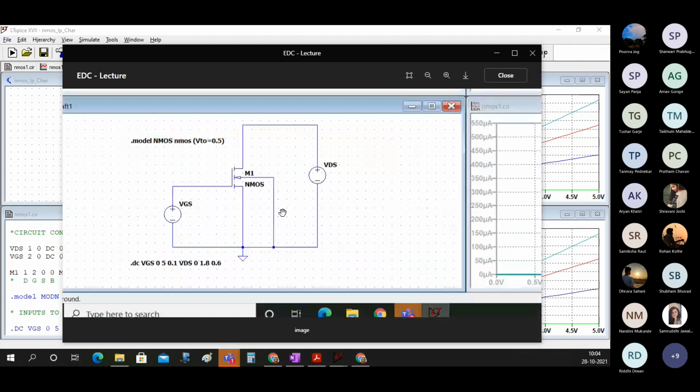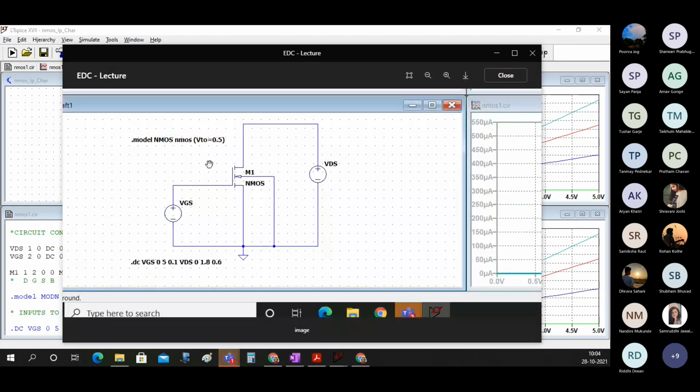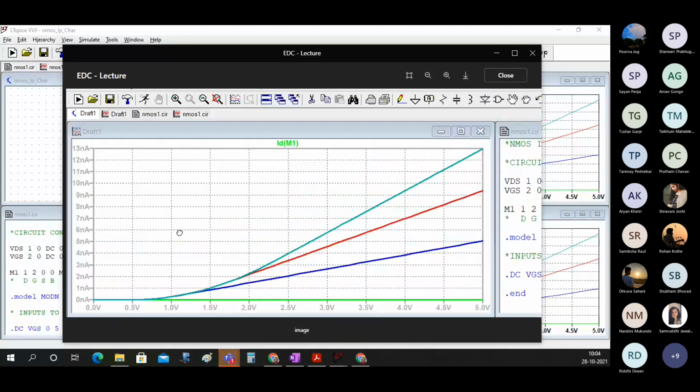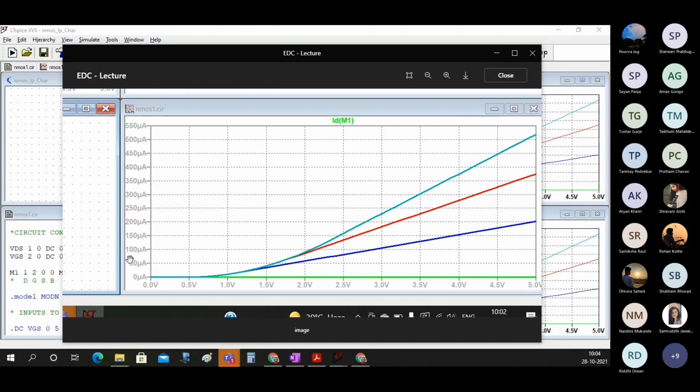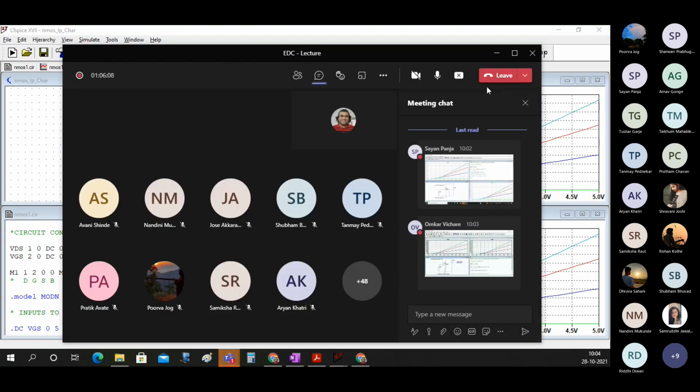Sayan, the length and width that you have given for this NMOS is not correct. That is why here you are getting currents in nanoamperes and here it is in microamperes. So there is the difference.